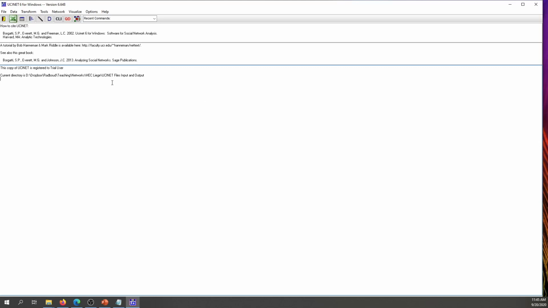Now, the next step is setting up an output folder. This is even more important because, as I mentioned, every time you compute a calculation within UCINET, UCINET generates a file. And by telling UCINET where you want all these files to be saved to, you don't have to be juggling throughout your computer to find all these UCINET generated